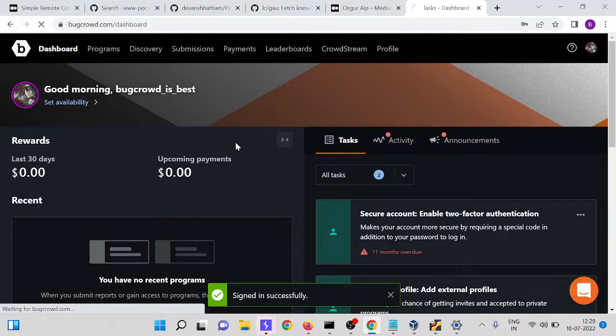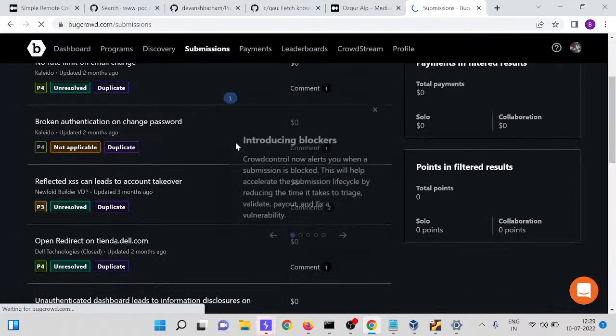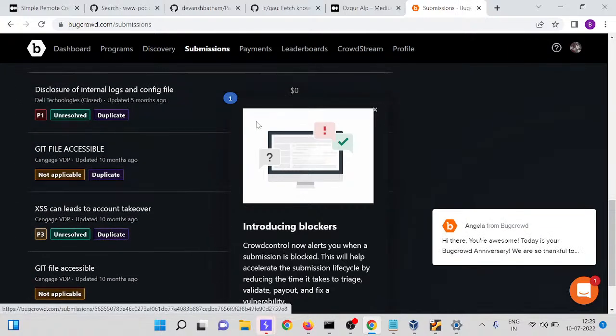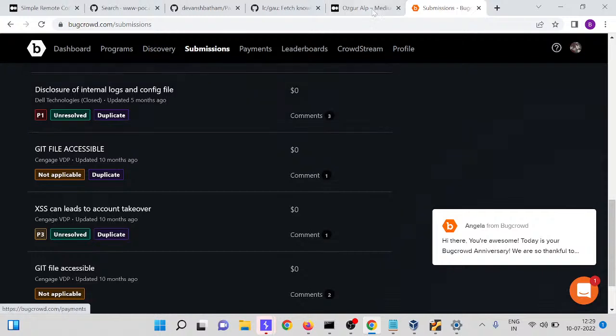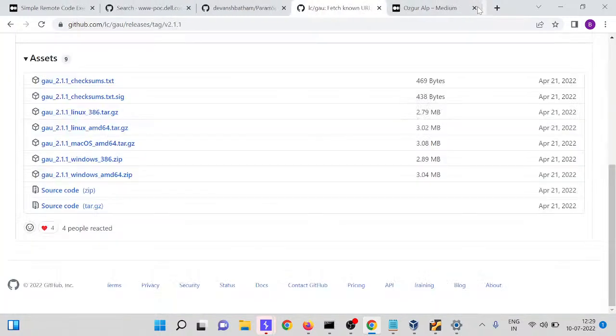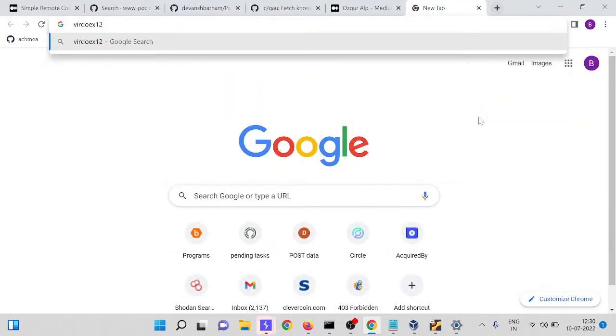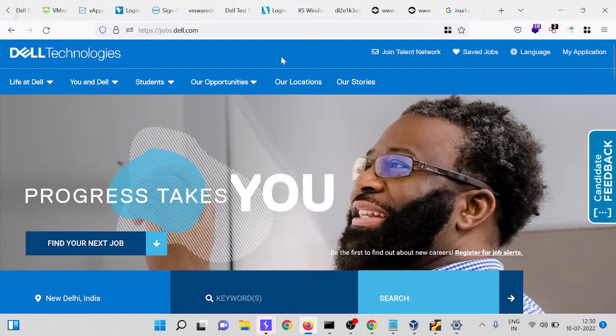Submission, that's a duplicate. You can see the P1, disclosure of internal logs and config file. The same I reported through my test account, and at that time it was marked as P3. Just changing the title. I have just changed the title.